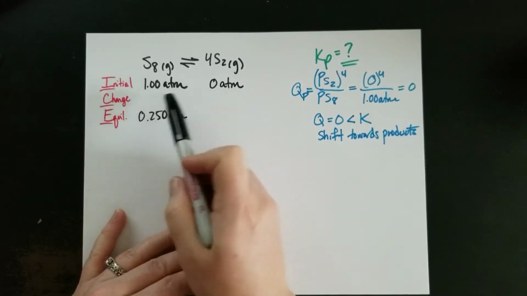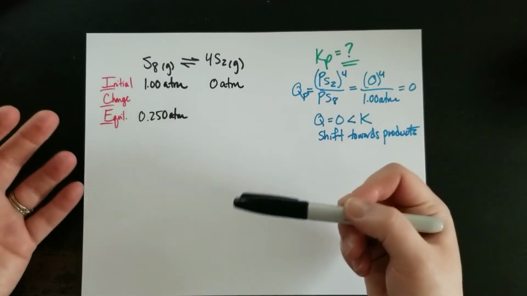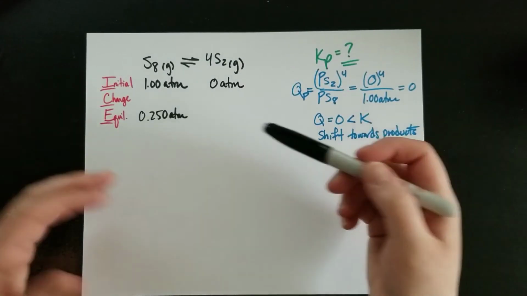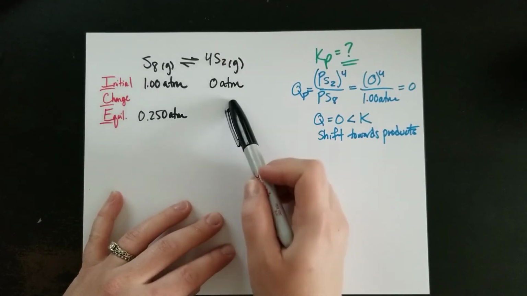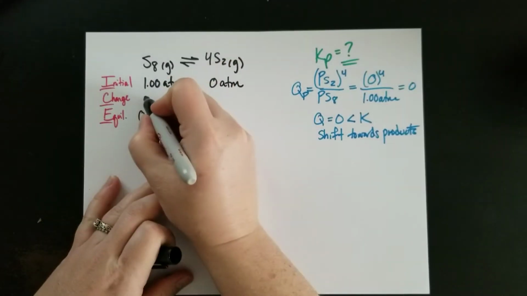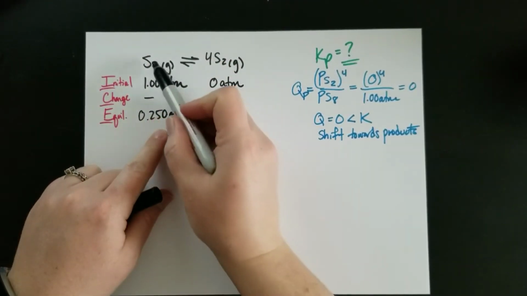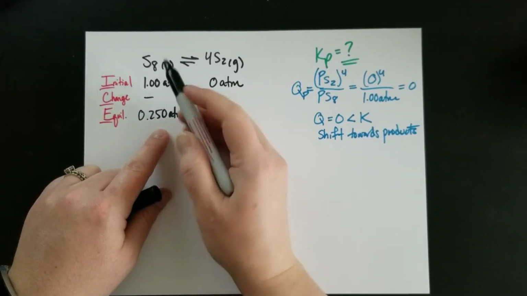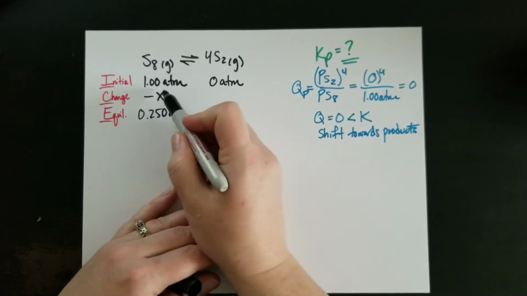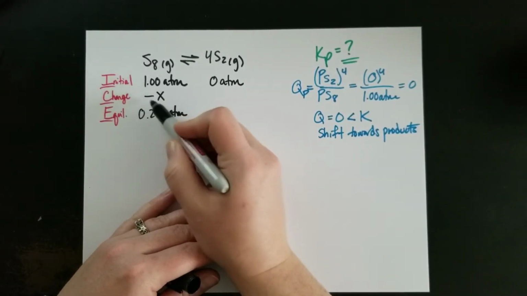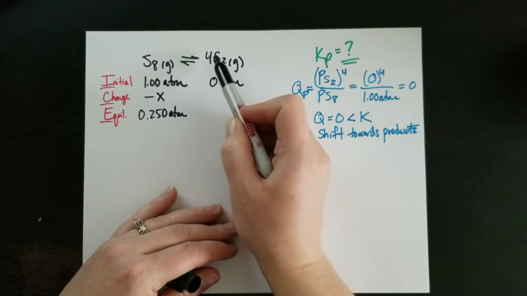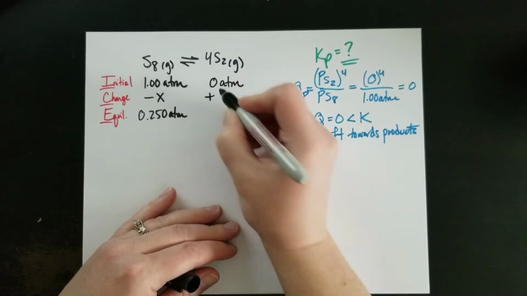So how do we represent this in the change row? Because in a lot of these problems, you're not going to know exactly how much it's changing by. So we're going to use a variable here to show how the change for the reactants is related to the change for the products. Since we're losing some amount of stuff here, we're going to call this value negative on this side because we know that we're going to lose reactants. And we're going to use the value x as a placeholder for what that change represents, because we may not know yet until we think this through a little bit further what x is actually going to be equal to. Also notice that over on this side, we're gaining, so we're going to have a positive value,